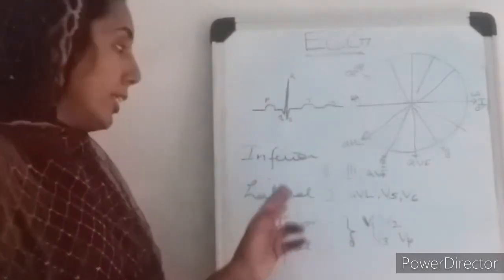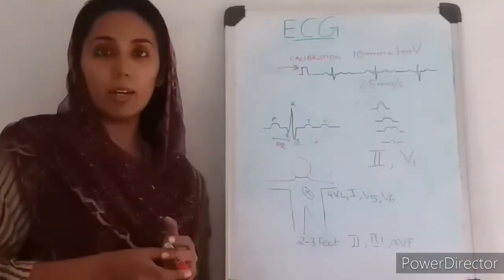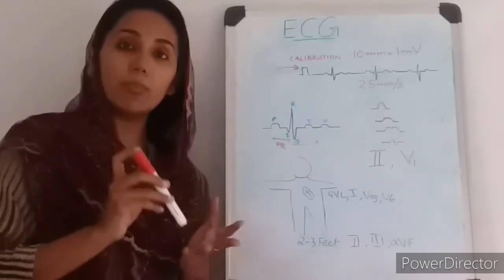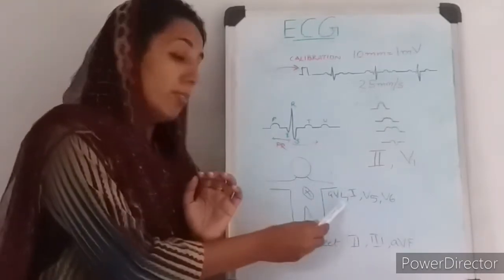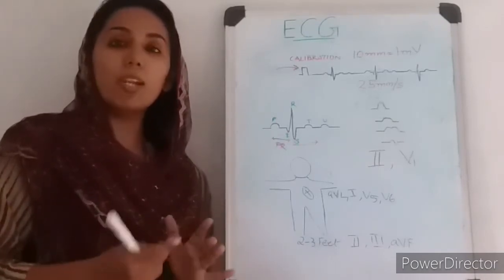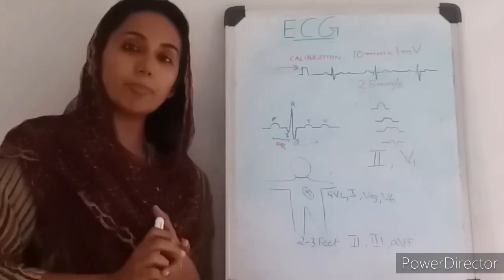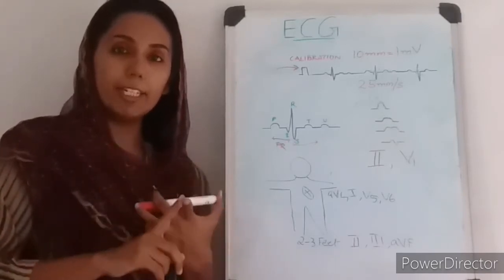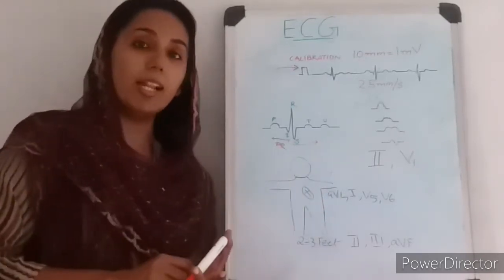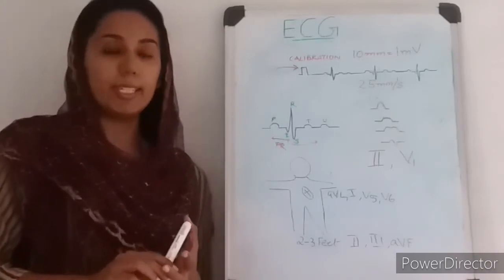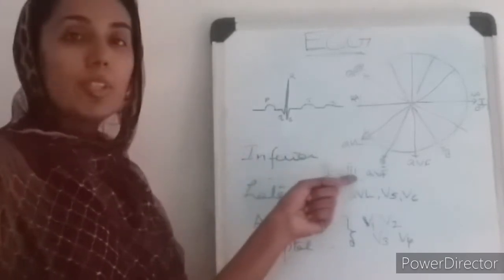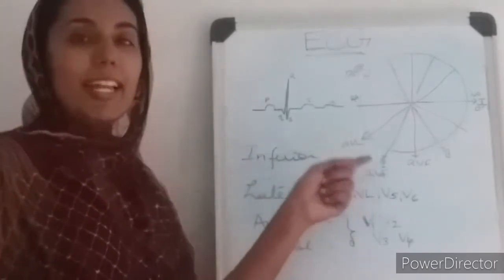So this is about the leads. An extensive anterior wall MI means all the leads will have changes. An extensive anterolateral MI means V1 to V6 will have changes, and we will also have changes in the lateral leads, lead 1 and aVL. Suppose it is an inferolateral MI, where changes will happen in the inferior leads, lead 2, lead 3, aVF, plus all the lateral leads, that is aVL, lead 1, V5 to V6. There is actually a mnemonic by which we can remember this: a person has 2 to 3 foot. So it is lead 2, lead 3 and aVF.